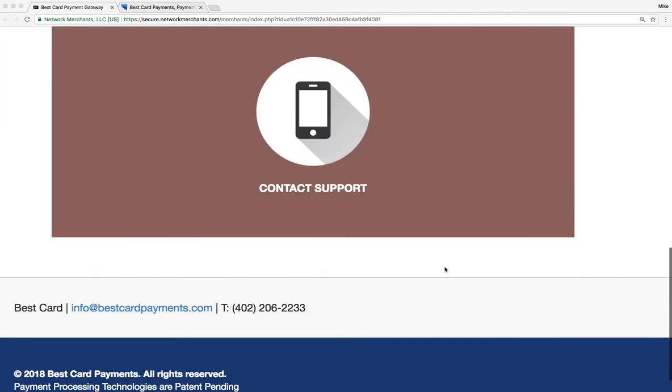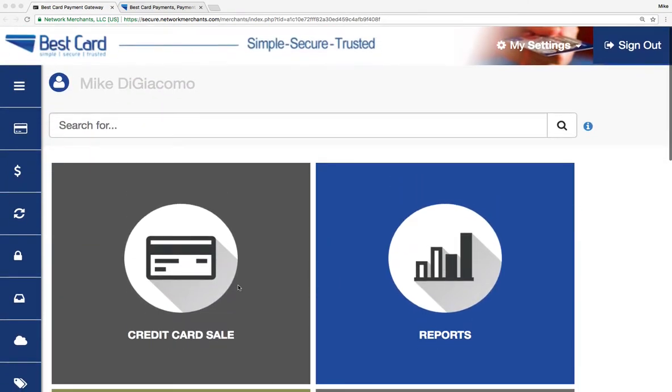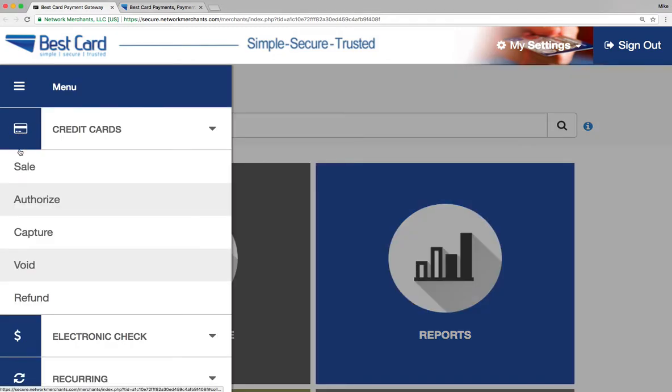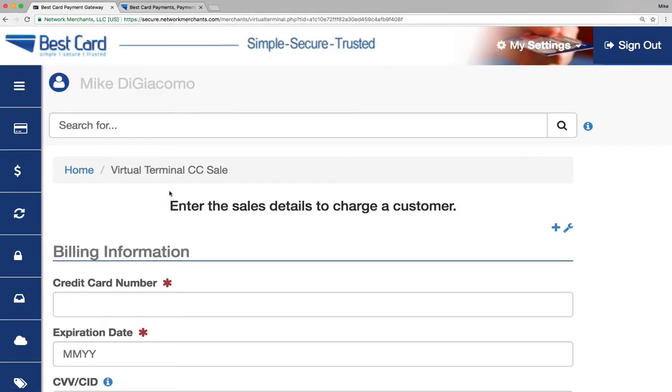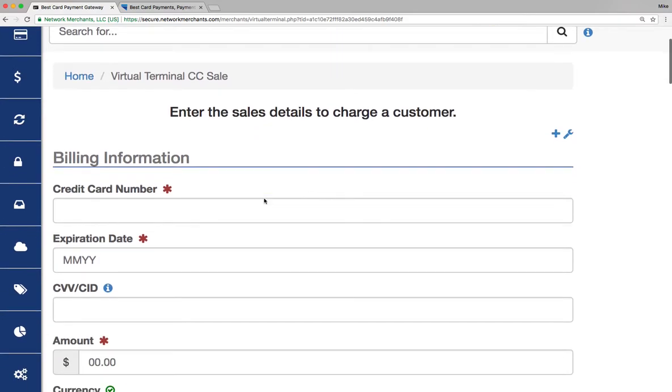The first way to run a transaction is just directly through the virtual terminal. And you can either click the credit card sale button here, or you can go over here on the left-hand side and run a sale like that. Either way is fine. But then you would just enter the credit card information here manually